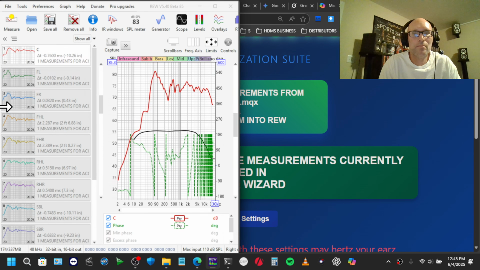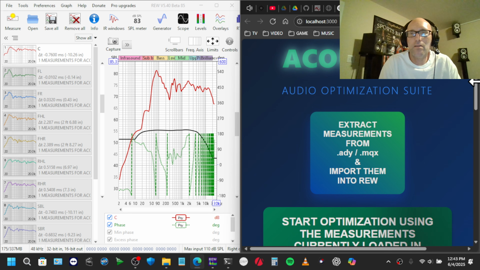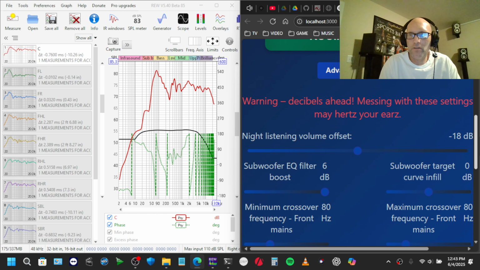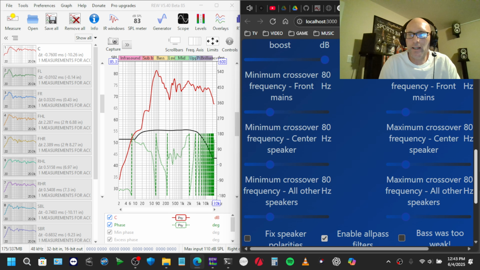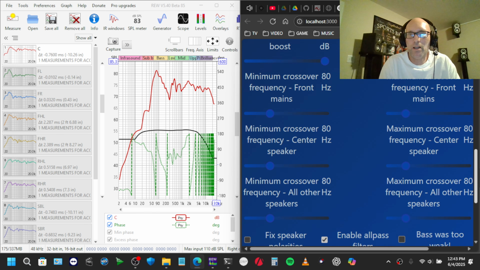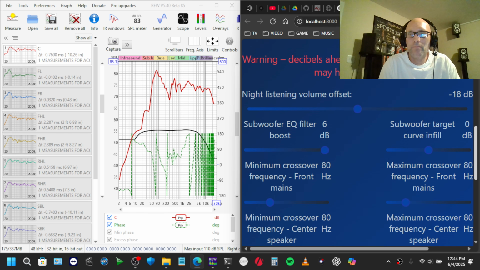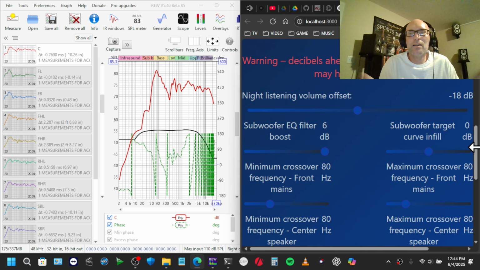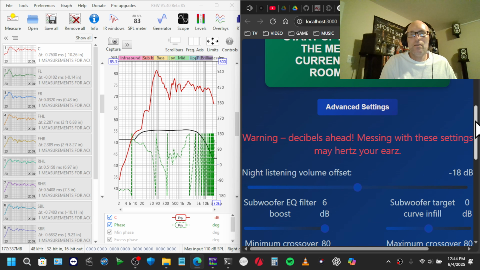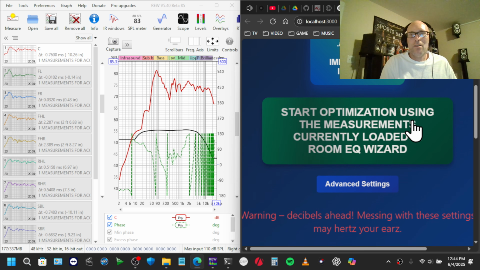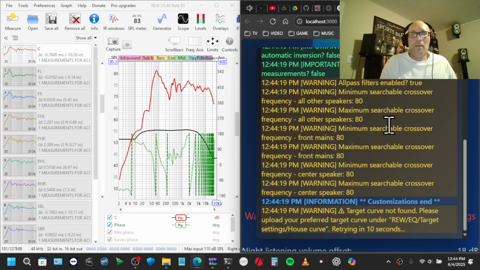Alright, there they are. And we'll put this in. I'm a fiend for double checking, so 80, 80, 80, 80, all pass filter. That's it, plus 6. For me, from a standard point of view, if you didn't want to get too far into customization, this is the best setup you can go for, in my opinion. OCA won't tell you that. He'll say that it is better to really pick your crossover point, but